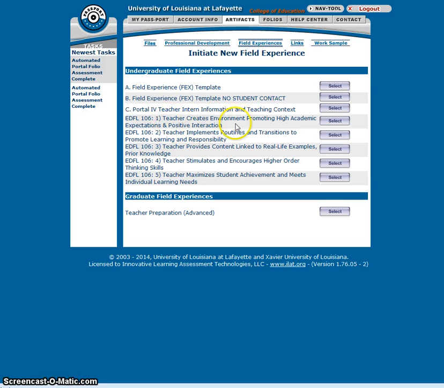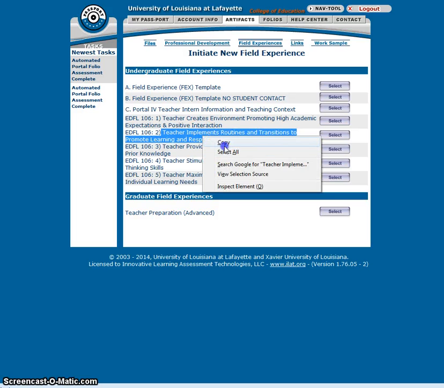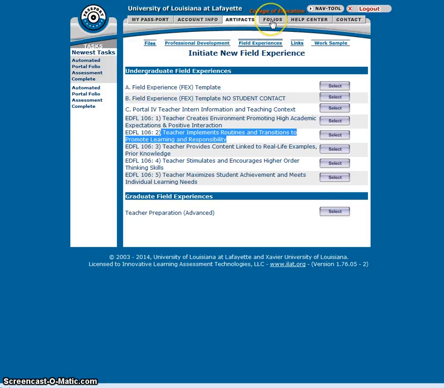We just completed number 1. Then you would go to number 2 and do the same thing. You would copy and select that template and go ahead and complete all of Unit 2, 3, 4, and 5. Once these 5 field experiences are complete in Passport in your Artifacts tab under Field Experiences, then you can go